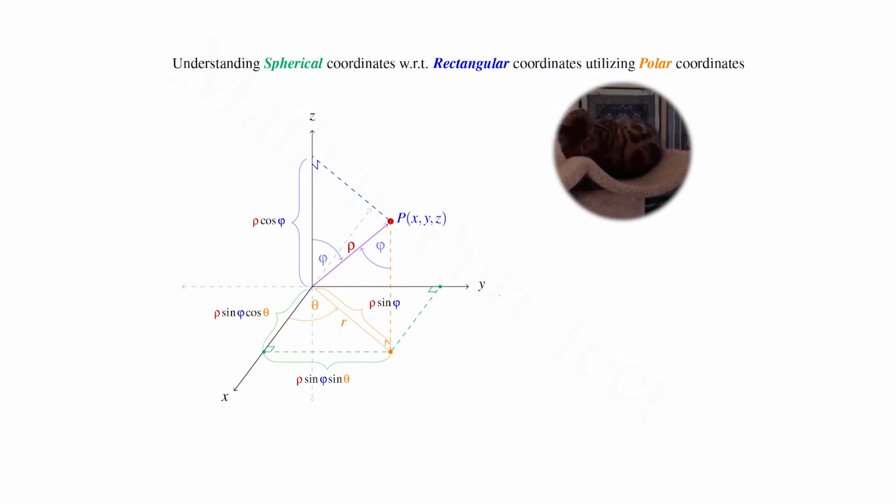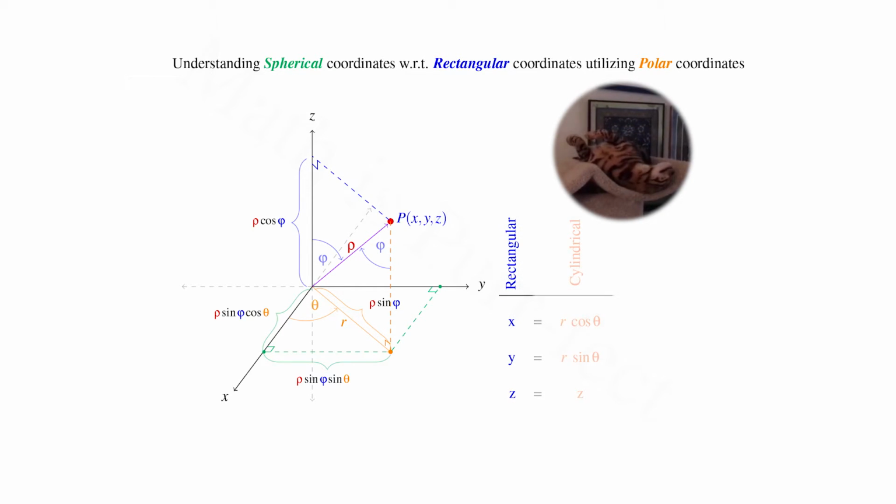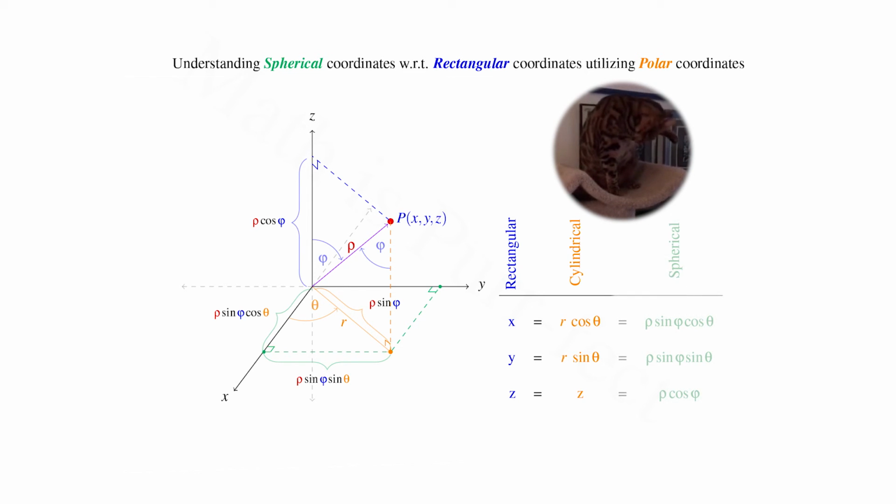theta. Hence, any 3-dimensional rectangular coordinate xyz can be expressed via cylindrical coordinates as r cosine theta, comma r sine theta, comma z, which is really polar coordinates with a single perpendicular degree of freedom attached. And finally, in spherical form as rho sine phi cosine theta, comma rho sine phi sine theta, comma rho cosine